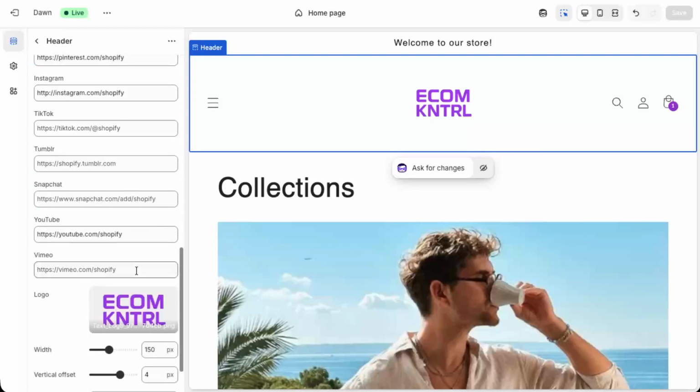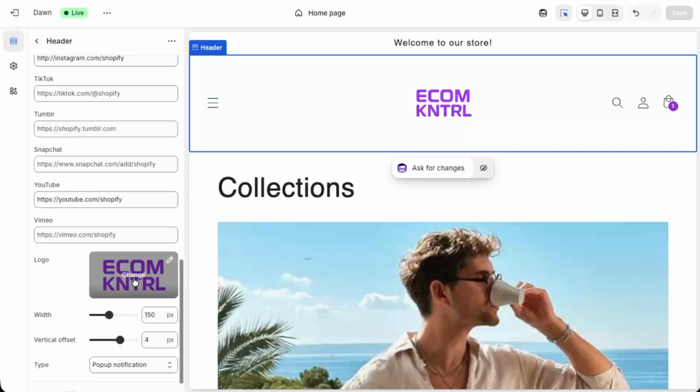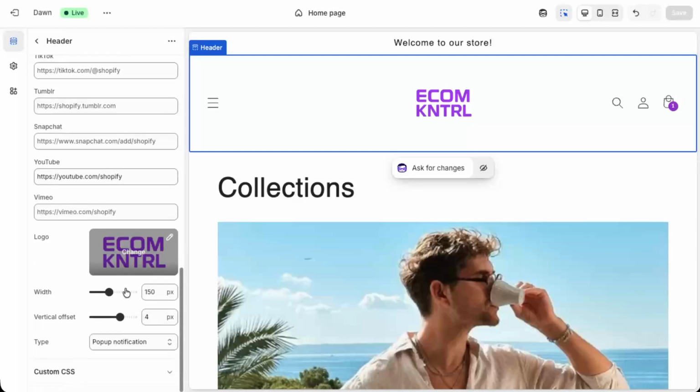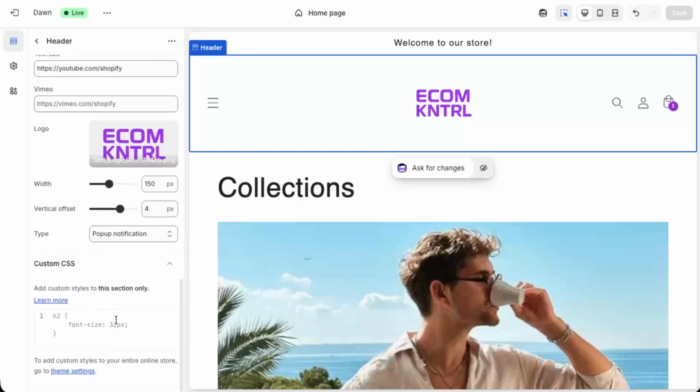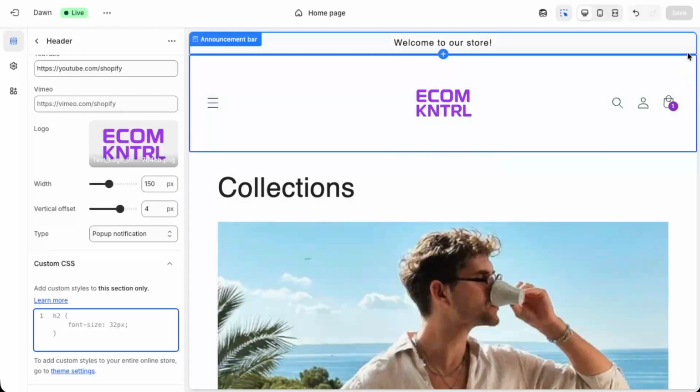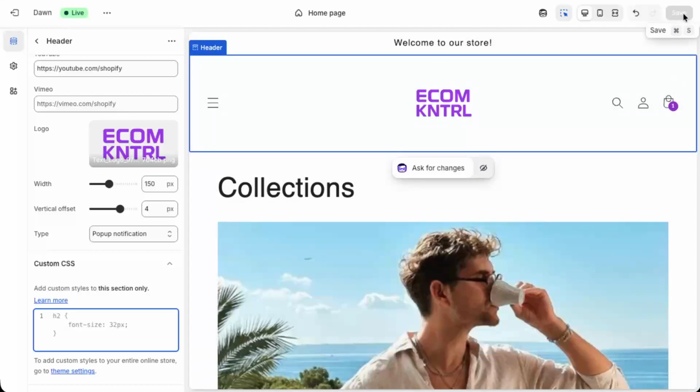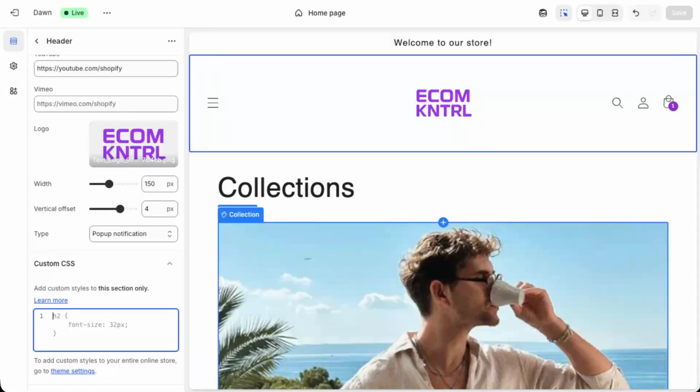At the bottom of the left sidebar, click on Theme Settings. Here you can manage things like social media links and your store logo that appears in the header, ensuring consistency across your site. Finally, if you need more advanced customization, click on Custom CSS. This is where you can paste in custom code to fine-tune your header's appearance beyond the standard options, ideally with the help of a developer or after testing changes carefully. Once you're happy with all your adjustments, don't forget to save your changes, then preview your store on both desktop